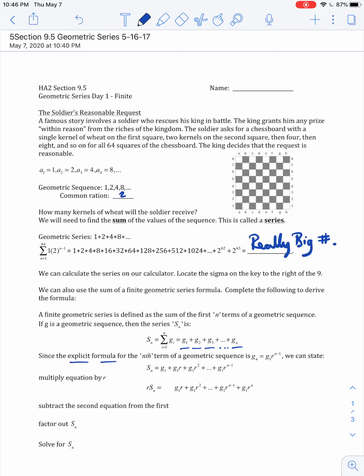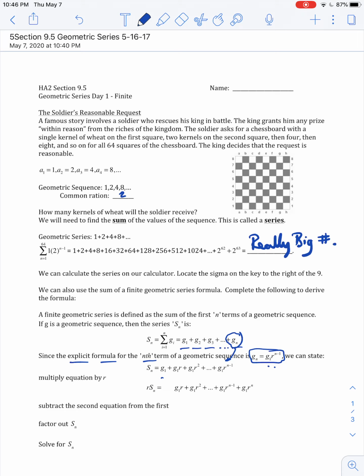And since we know the explicit formula for the nth term of a geometric sequence, which is what we learned a couple days ago, that to get the nth term, we take the first term, G1, and multiply it by r to the n minus 1, right here for that G sub n term, we're just replacing it with the formula. So the sum of the first n terms is G1